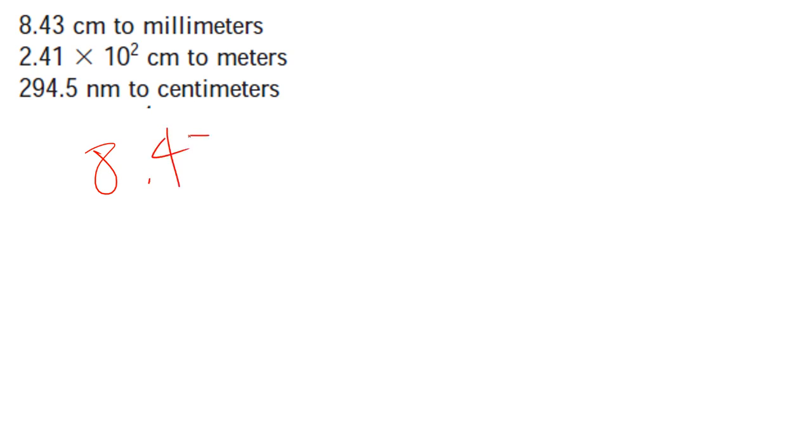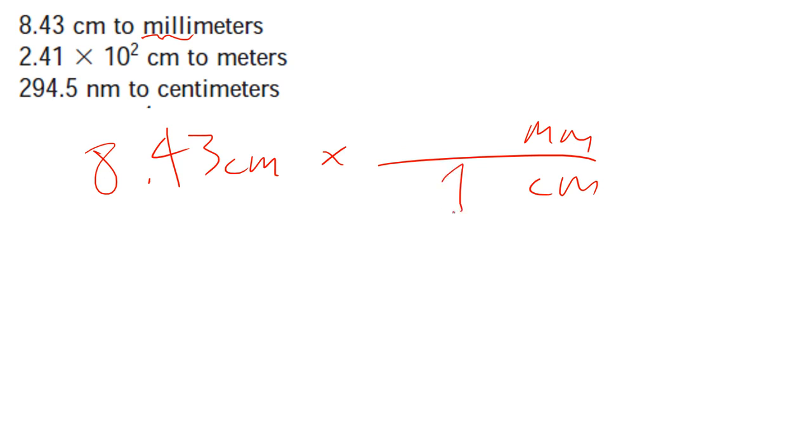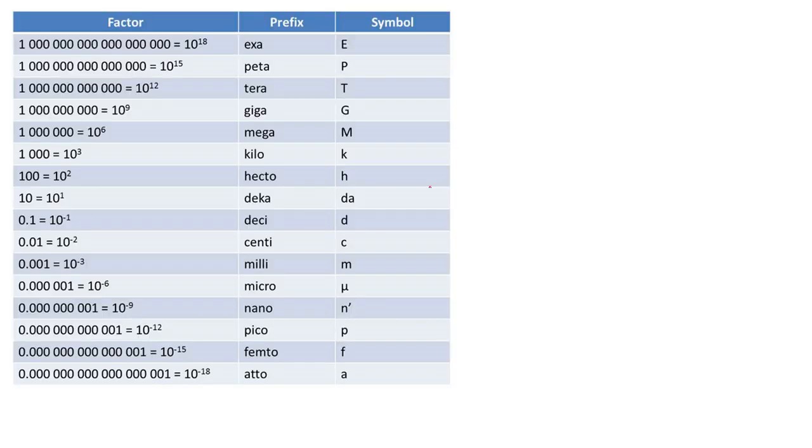Okay, so 8.43 centimeters. Now centimeters goes on the bottom because we want to cancel them out, right? And if centimeters goes on the bottom, we want to go to millimeters. So what's a bigger unit, centimeters or millimeters? That's centimeters, right? We make centimeters 1, and we need to compare from centimeters to millimeters. Think about it this way: 1 centimeter is equal to